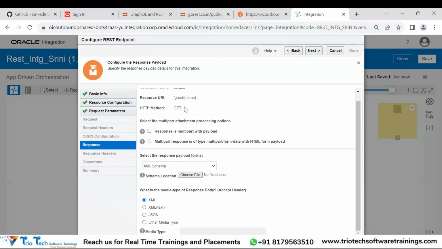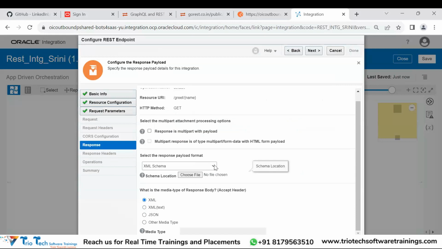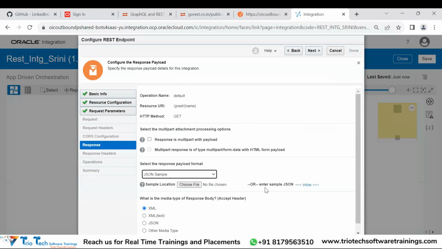If you have a JSON file, you can give the JSON file here. And if you don't have any JSON file handy, you can select JSON sample. You can choose the file, or inline, you can define